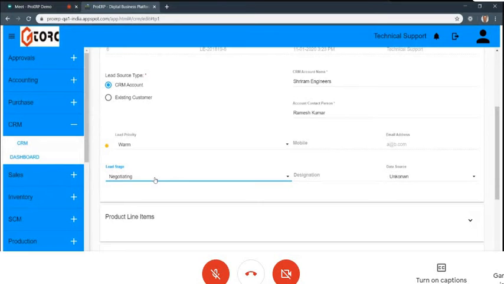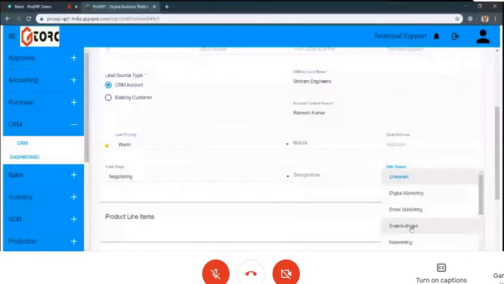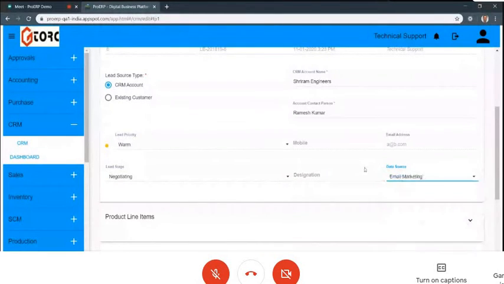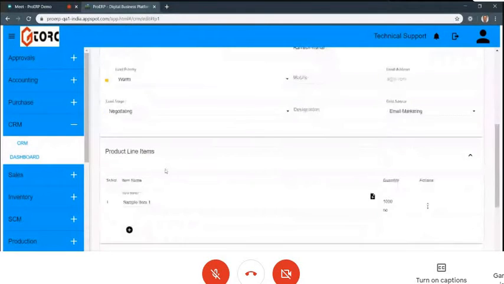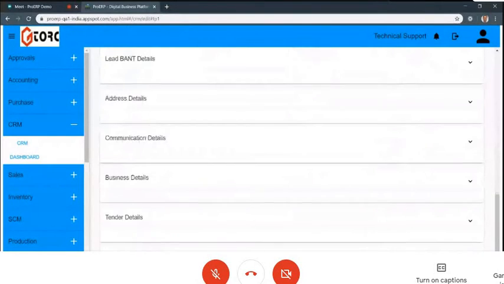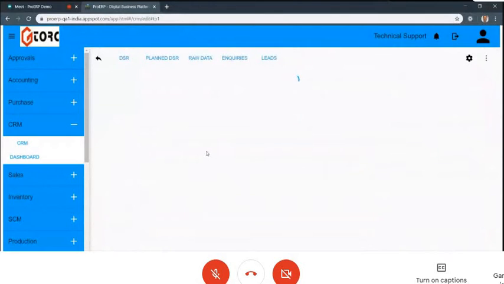Now, you can configure every stage. You can configure these lead stages. Similarly, where this has come from, whether we went to the event show there in Dubai and from there we got a lead, or did we do an email campaign XYZ and we got that. And of course, you keep changing this, and I'll save this lead.